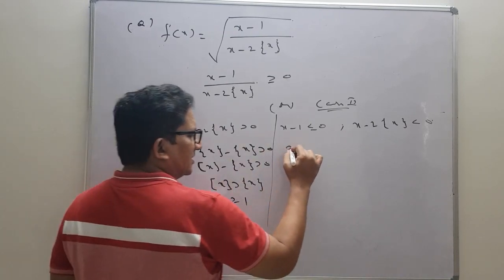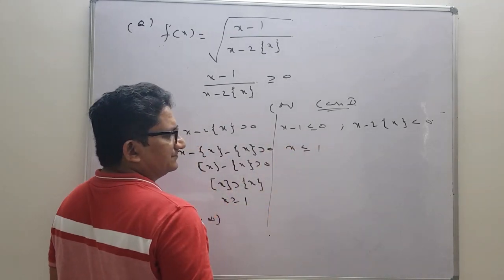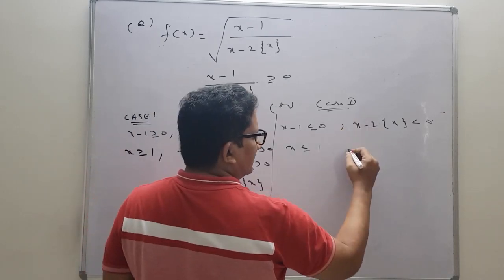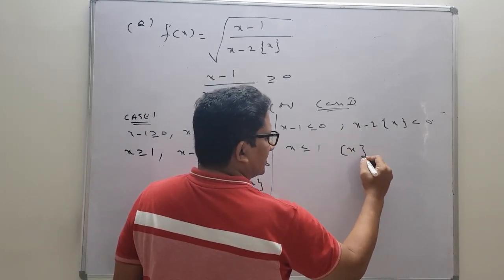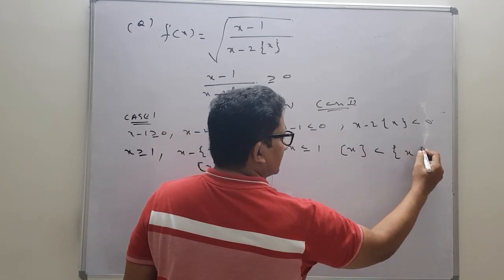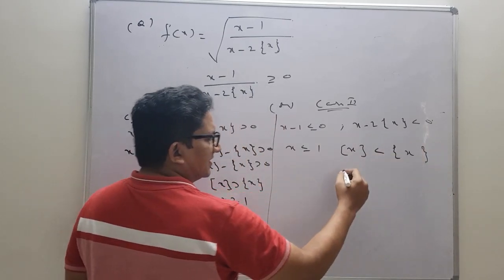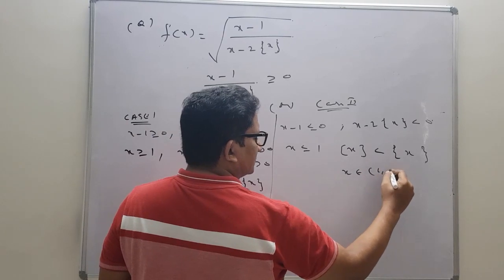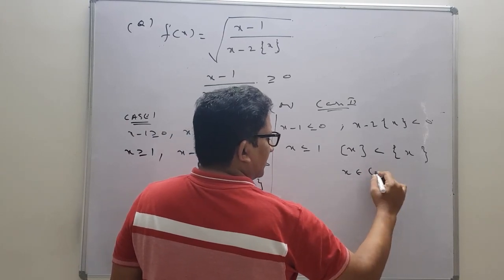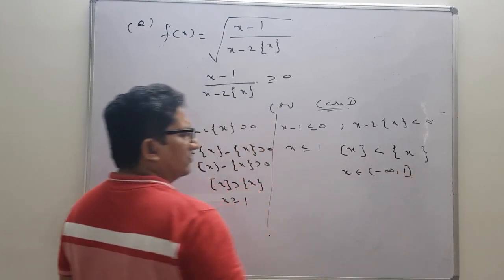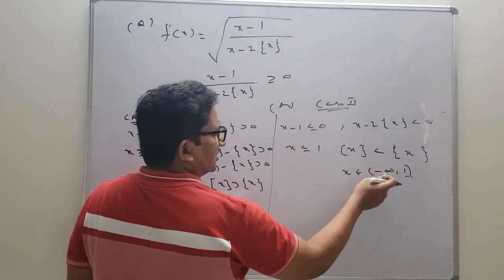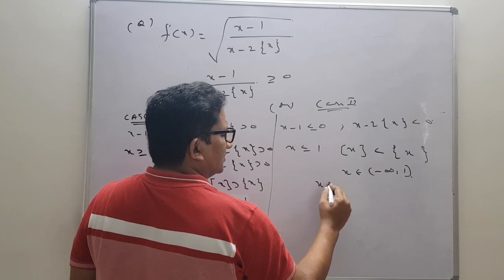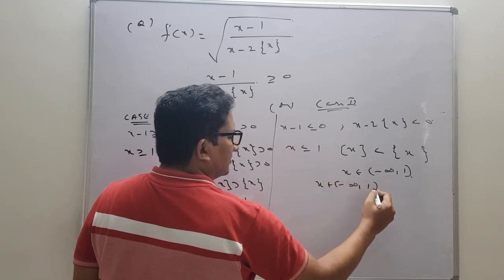We come to the other part. Here x is less than or equal to 1, the situation, and here we will get the same part again. So we can write directly the step function of x is less than the fractional part of x. It is less than the fractional part of x, which means here x belongs to minus infinity comma 1. Okay. So now here the combination of these two we can take minus infinity to 1 only. So x belongs to minus infinity comma 1.